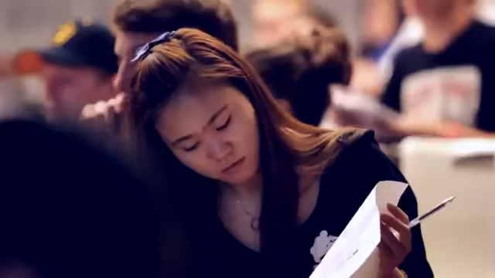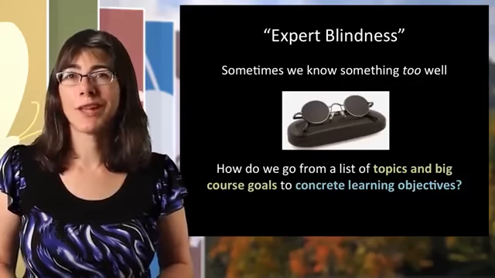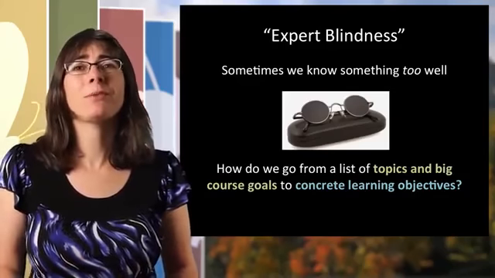When we are out in the world and we're developing these understandings, through our experiences, we build these knowledge structures. And the knowledge structures, when we're novices, tend to be pretty superficial. We don't have really deep, well-connected knowledge structures. But over time, your knowledge structures become much more complex and rich, and the connections between ideas become much more implicit. So when you're breaking down a learning goal, it's hard to remember where students are at with this idea. What kind of knowledge and experience do they have around this idea that they can build from to be able to move to this more expert understanding? So this is the idea of expert blindness, that sometimes we know something too well, and it's hard to remember